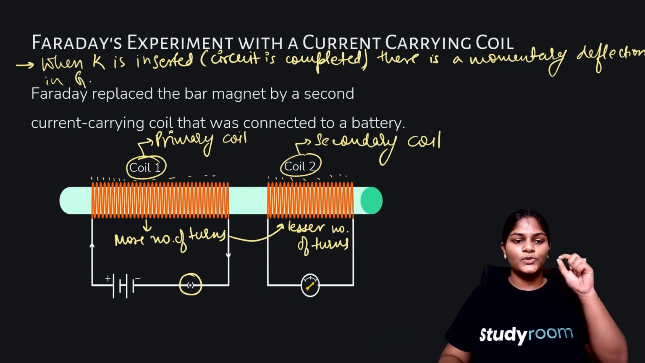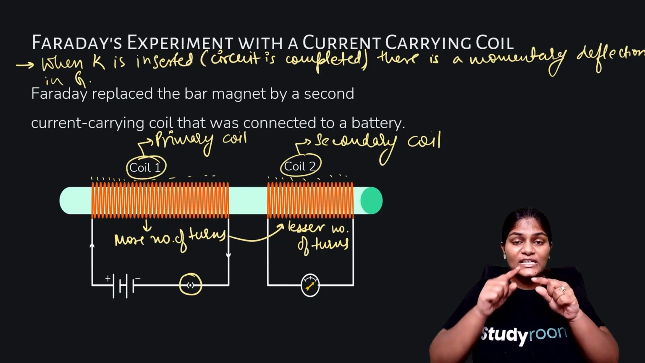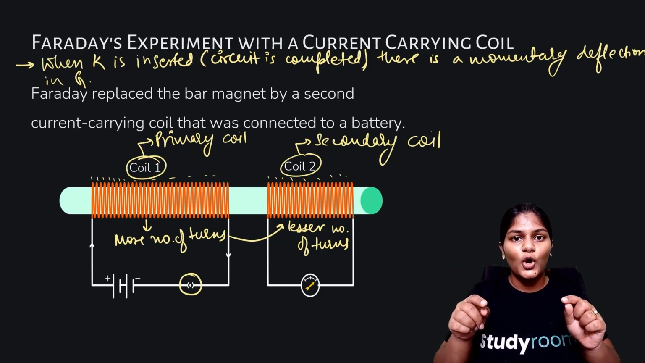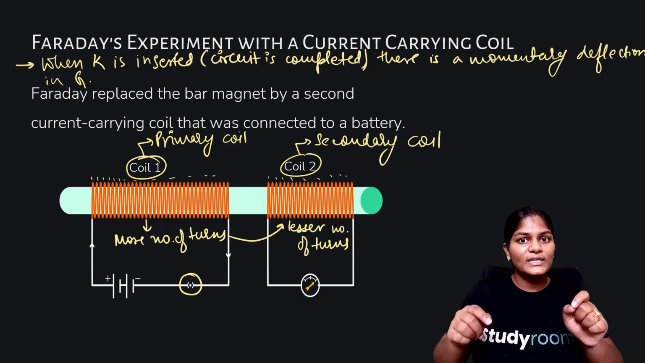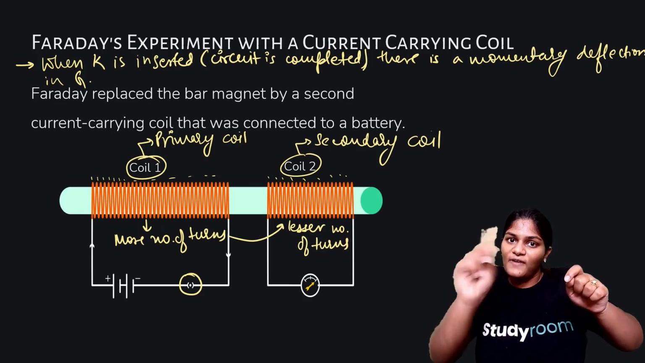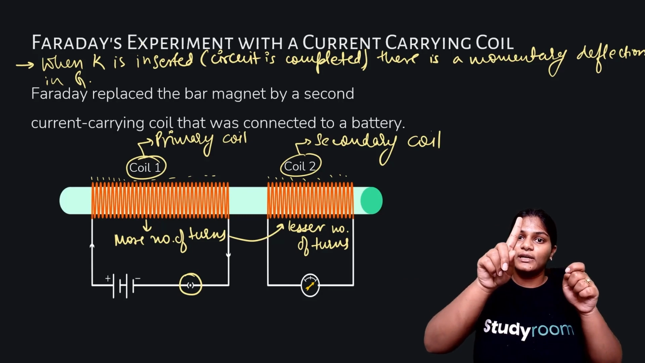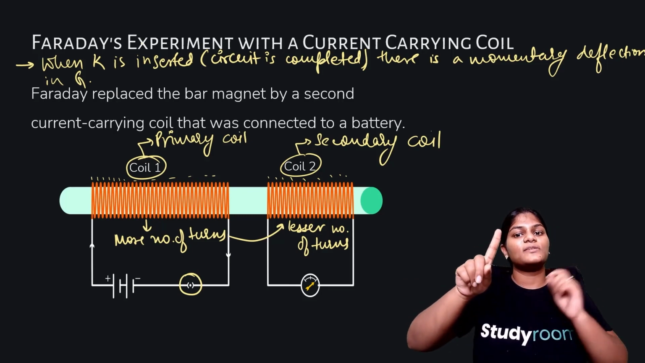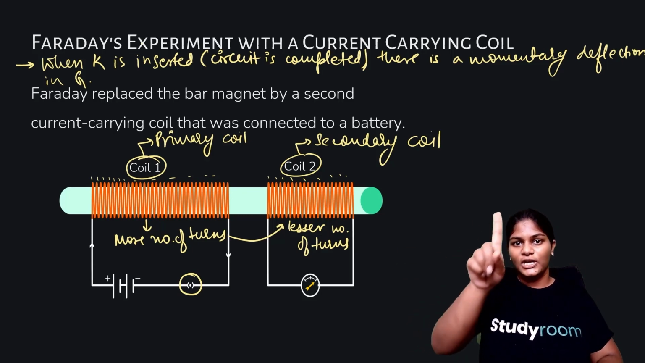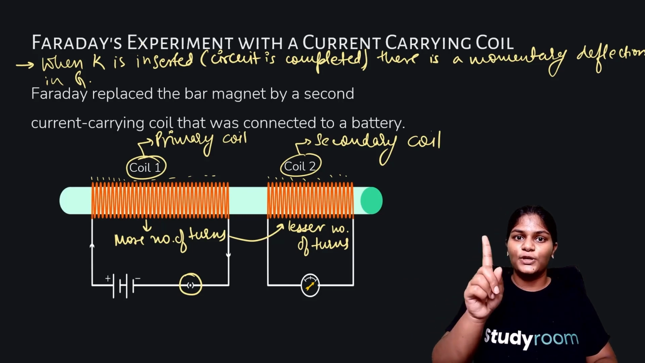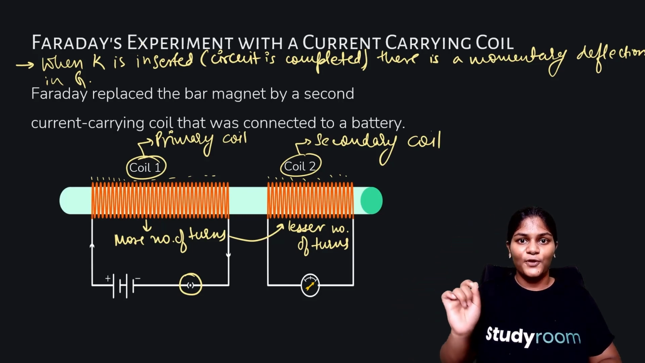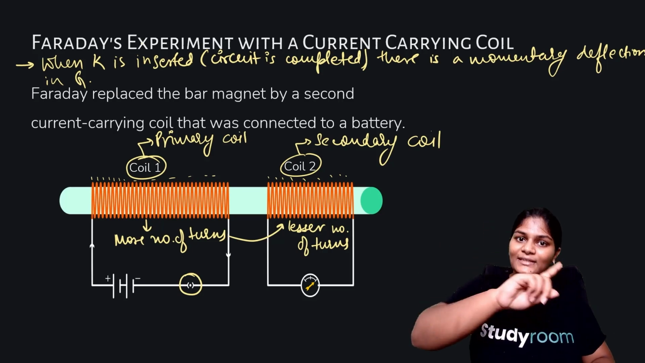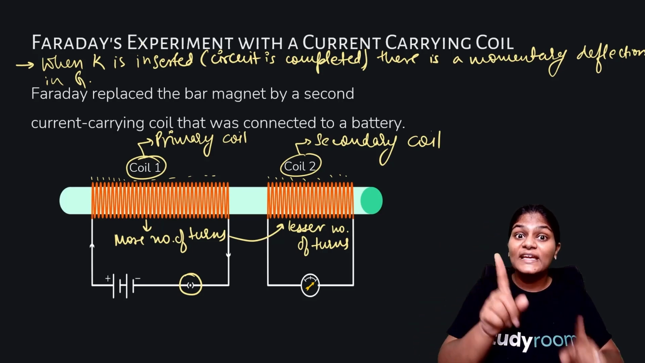Momentary means as soon as you connect the key, that means as soon as current is set up in the coil 1, because coil 1 is connected to the battery, there is just a 1 second deflection and the pointer in the galvanometer returns back to its original position, just goes to one side and comes back just for a second. Now, when the key is removed from the circuit, again the galvanometer deflects just for 1 second,